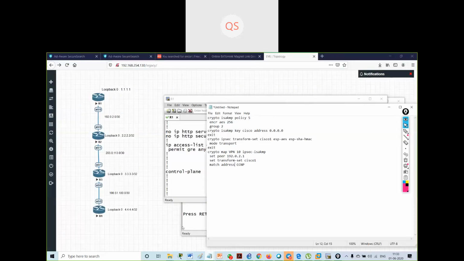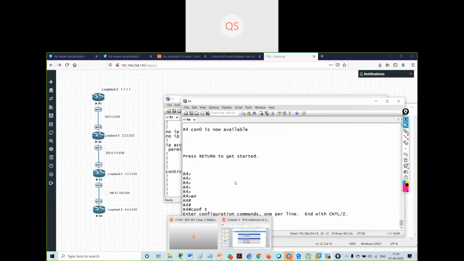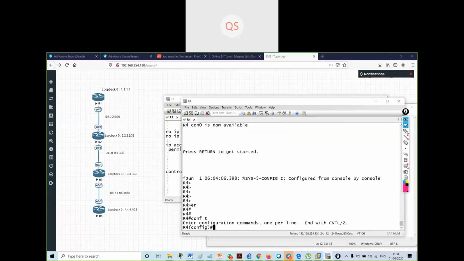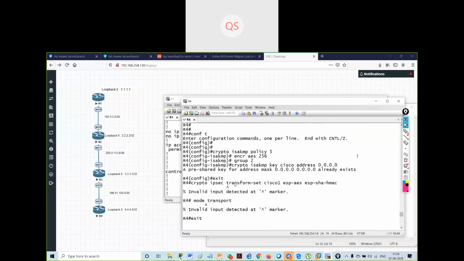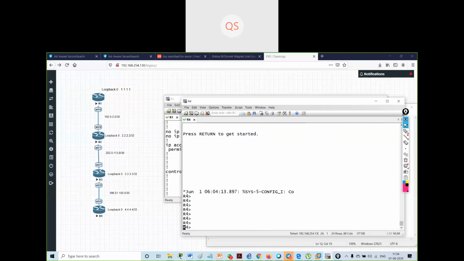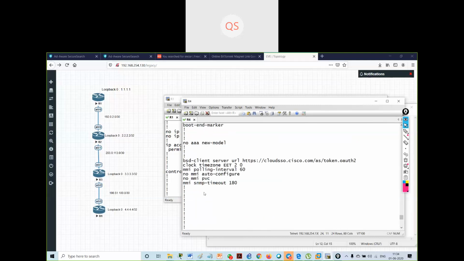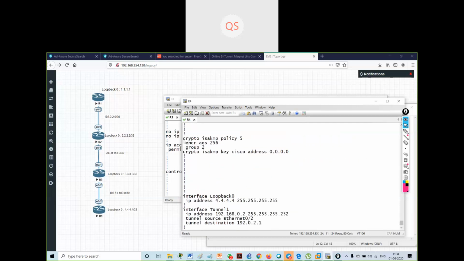I'll go on R4. Enable, show run. I've created the policy, given the IP address.